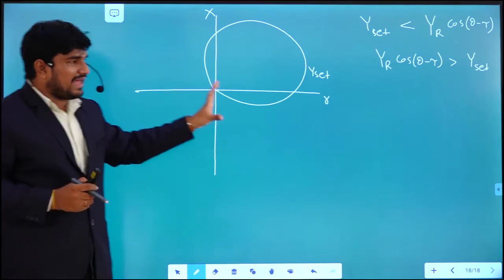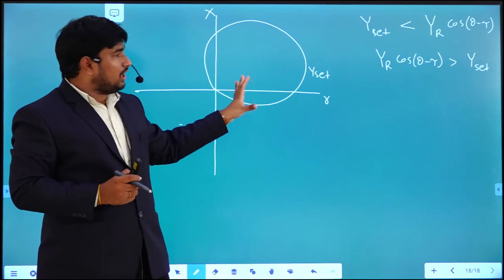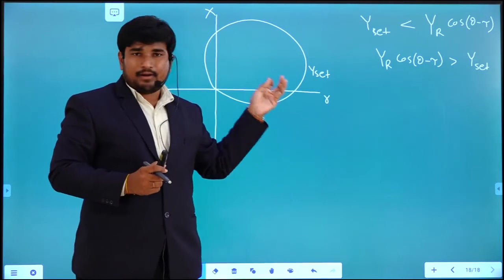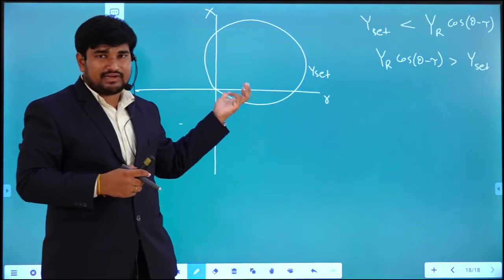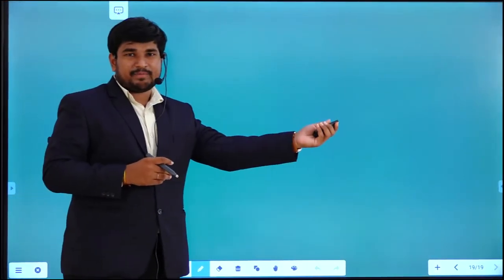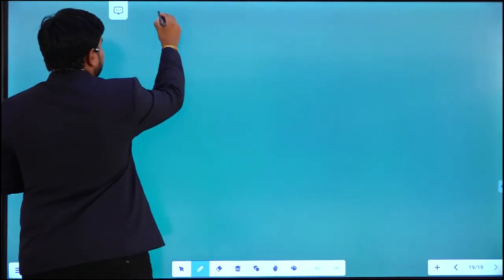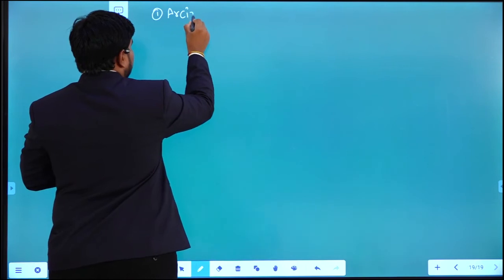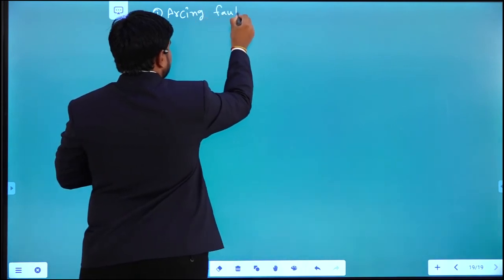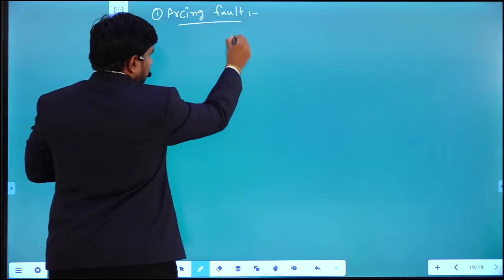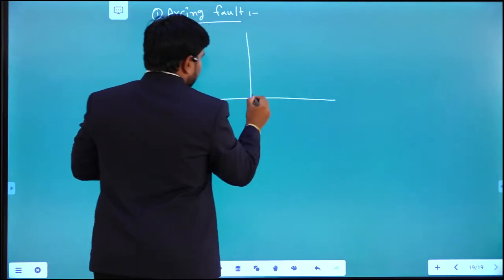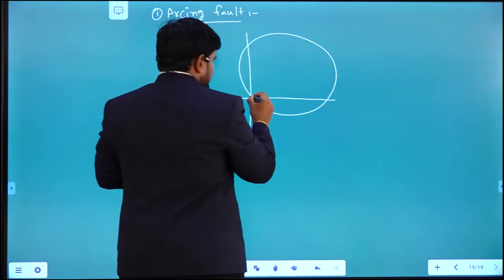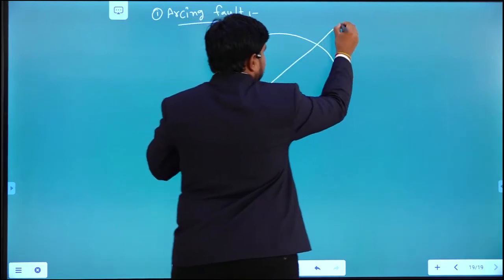Now the operating characteristic has been defined. Let us see whether the three limitations of impedance relays are overcome or not in case of this admittance relay. The first one is directionality, and the arcing condition, right? The first one is arcing fault. So this is the characteristic of the mho type relay. This is my fault characteristic.